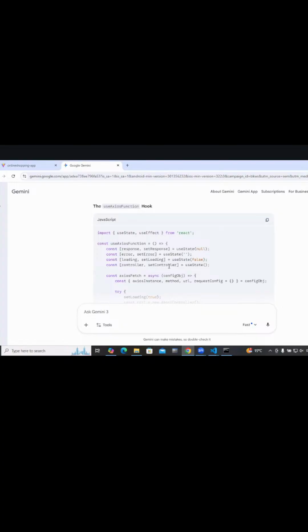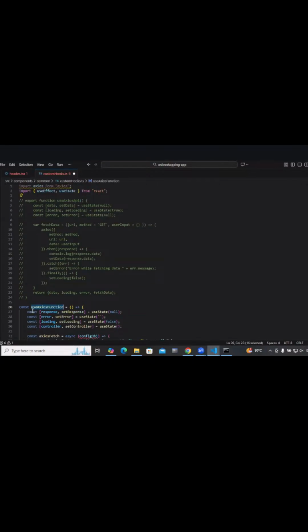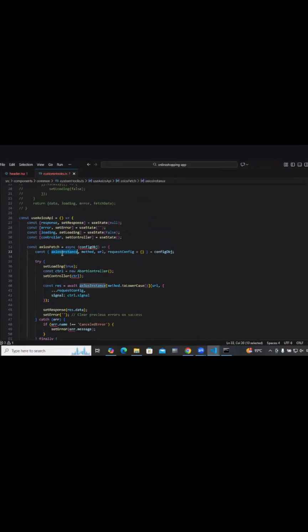Okay, let's try this once. Under your custom hook, useAxios API. Okay, so what is all being passed is the Axios instance. I don't think we need to do that because we already know that it is directly Axios. We don't need to expect that from the user.